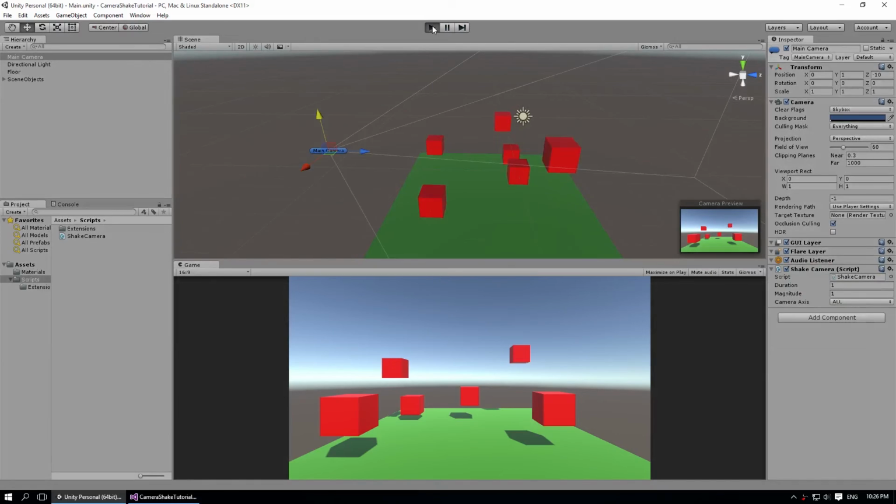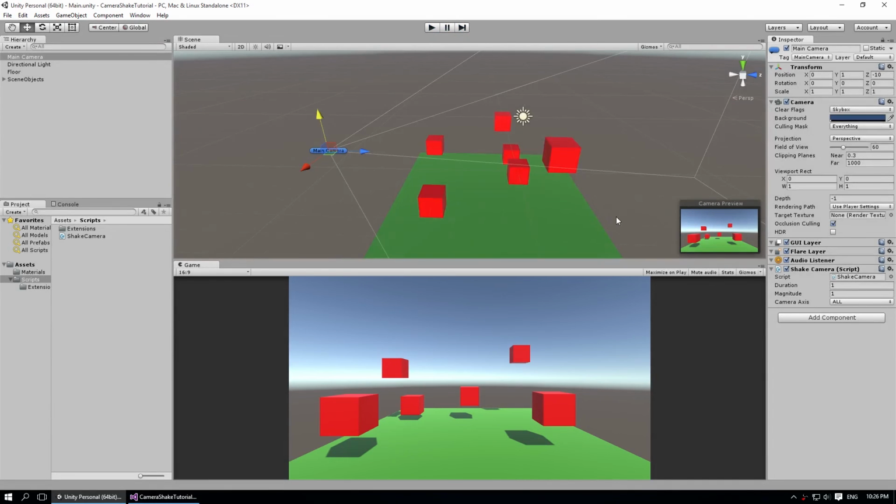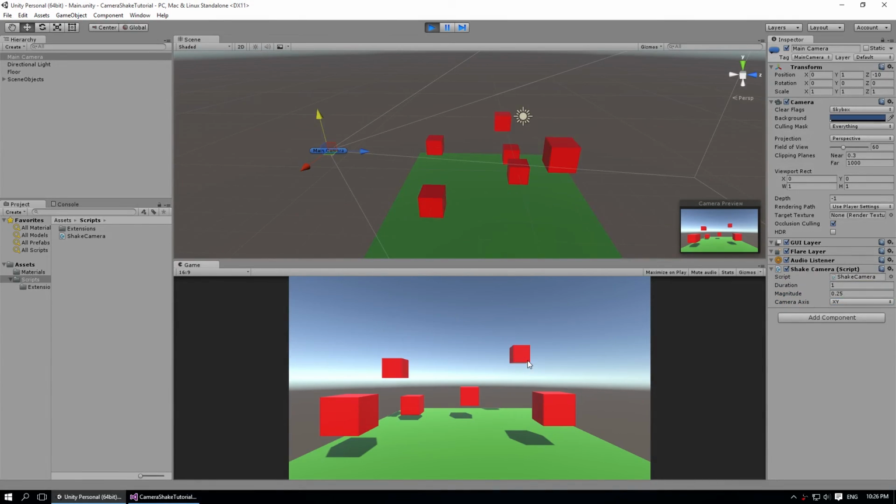So again, if I run this and you look up in the scene view instead, up the top, you can see that the camera is just bouncing around like crazy in all directions. Now, let's assume that we're working on a 2D platformer. It's a 3D scene, but we're only moving in the XY plane. I'm just going to make this magnitude much smaller. I can come down here and say, actually, I only want to work in the XY plane. And now when I hit play, and I click,